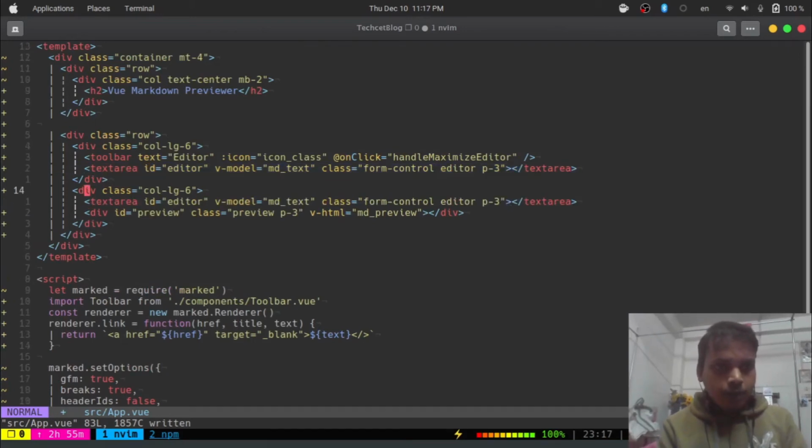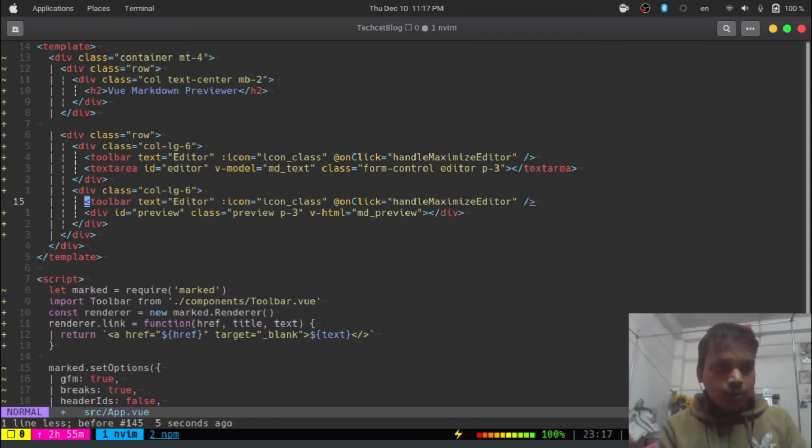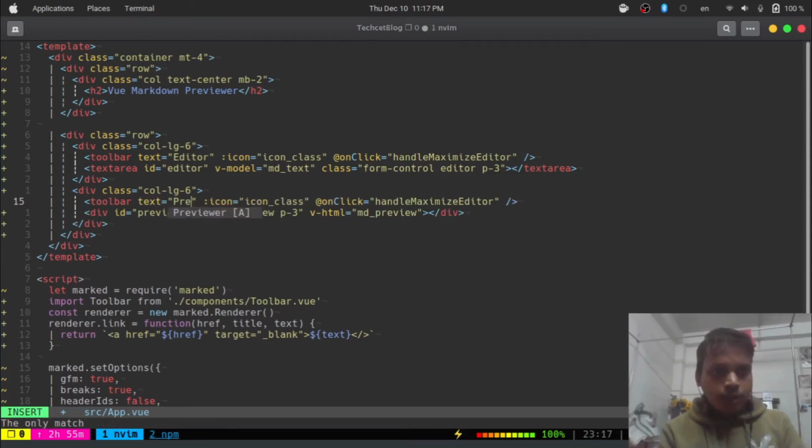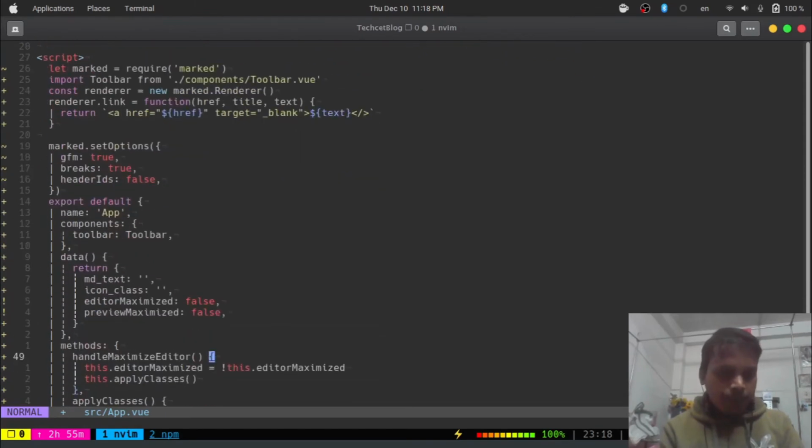So you can copy this, not this one, this one. So toolbar text, previewer and icon, we are going to use icon class. Then on click handle maximize previewer, like this one. Let's copy this